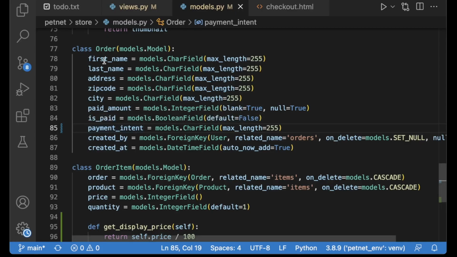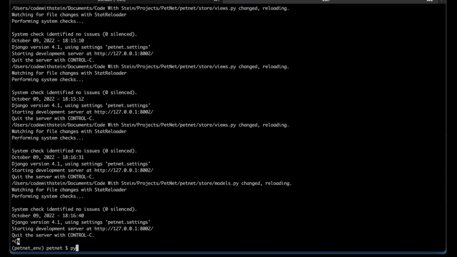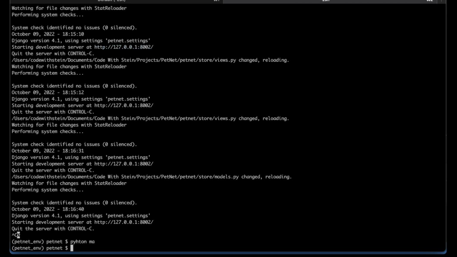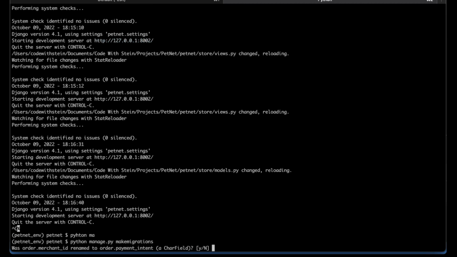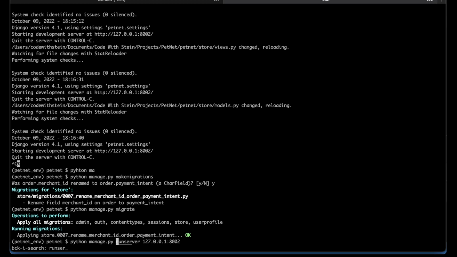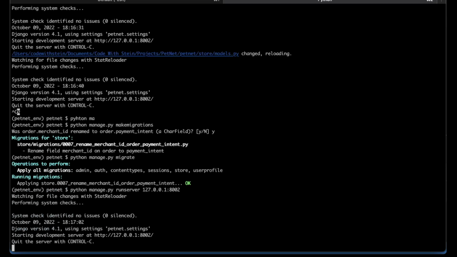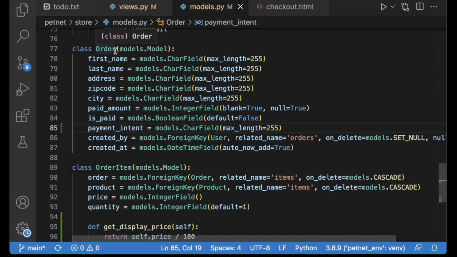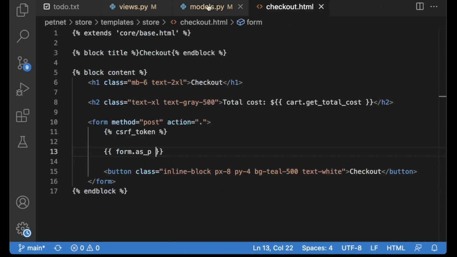So then, since we made a change now to this model, we need to update the database. Python manage.py makemigrations. Yes, I renamed it, and then python manage.py migrate. So now we can run the server again and go back here. So in the checkout.html,